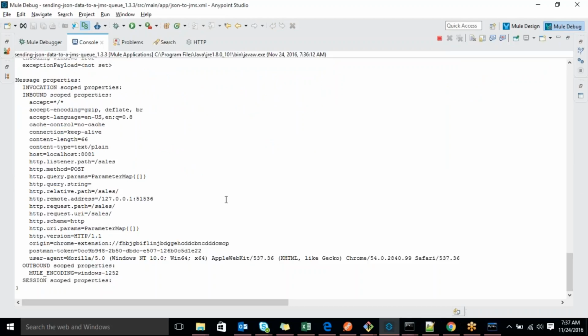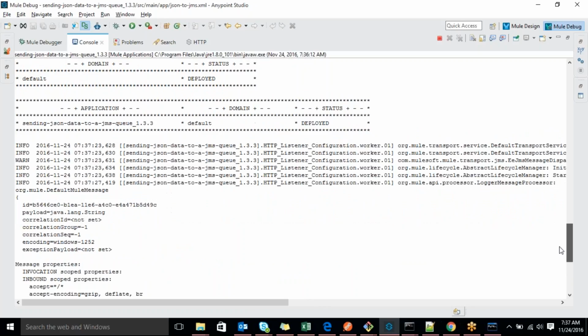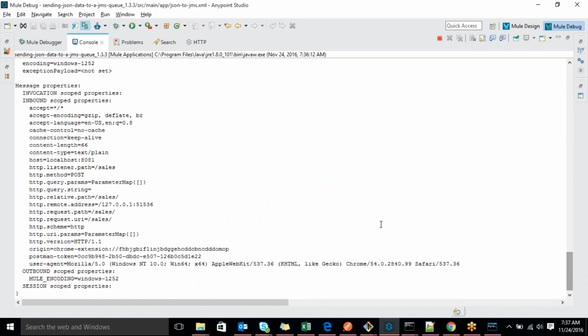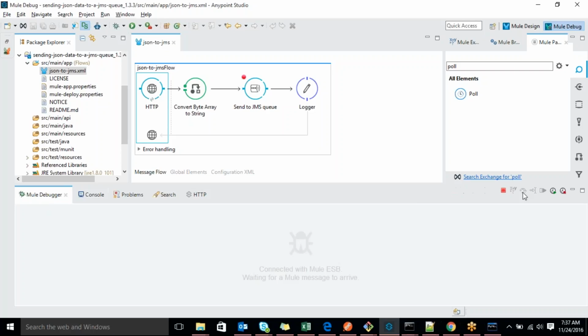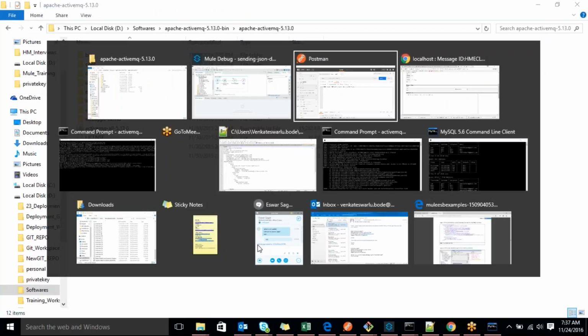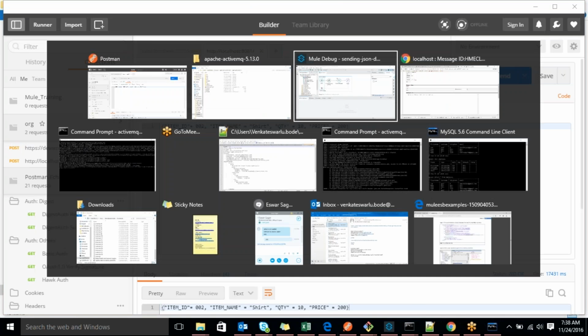Can you just show me that byte array format, how it will be in the console? In the console, I'm not aware of the format actually. I have not heard about that byte array. Byte array means we can't show it directly. I can't type it. So we can show it in debug mode actually. Not sure. First we'll see whether the message is inserted or not. Then we'll see that part.